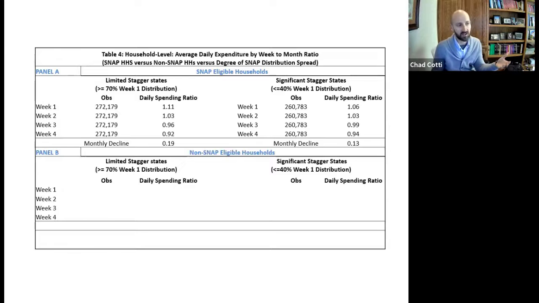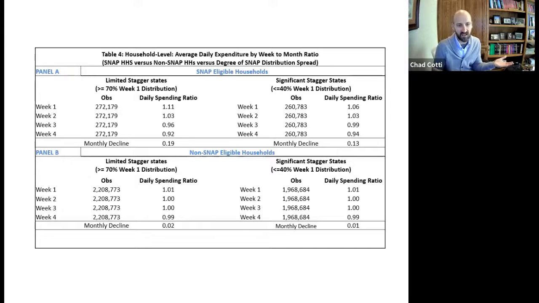So we looked at the non-eligibles, and those are virtually the same. So nothing really happening there. Now, of course, there's a big flaw in our potential inference by comparing these SNAP eligible households between these two groups, which is